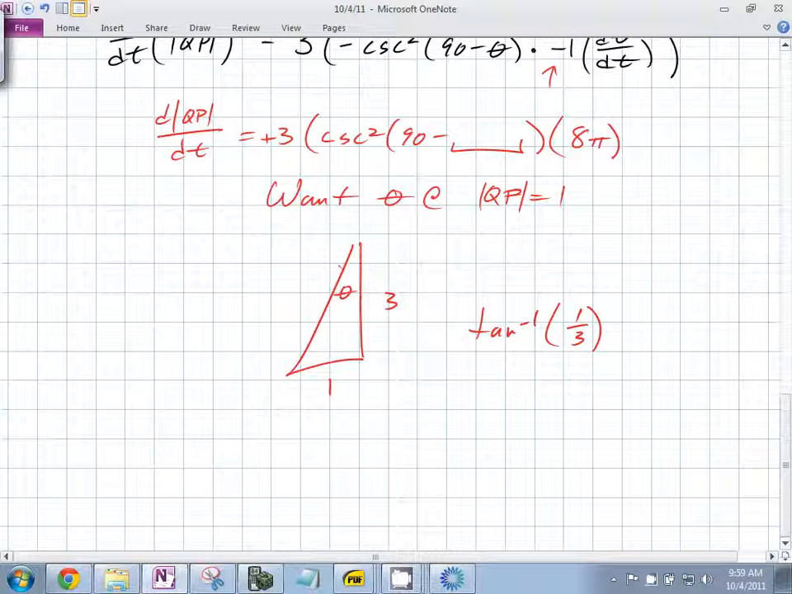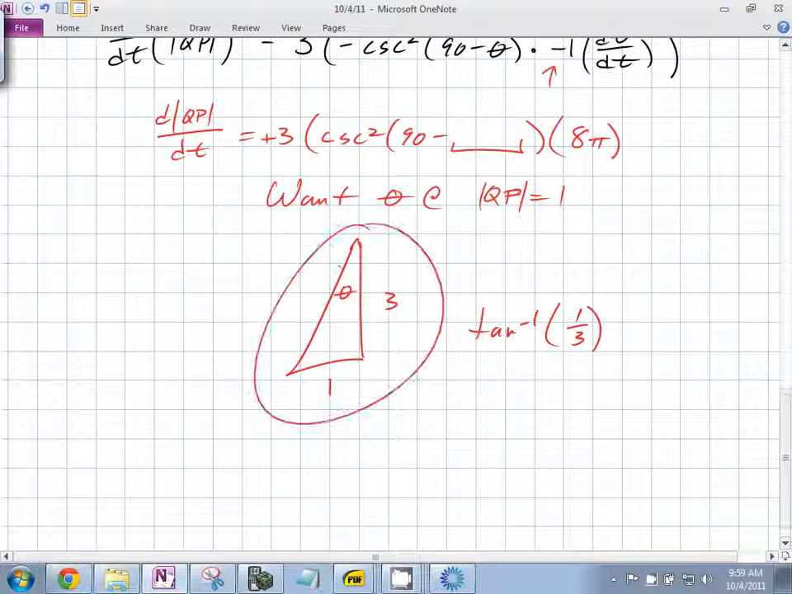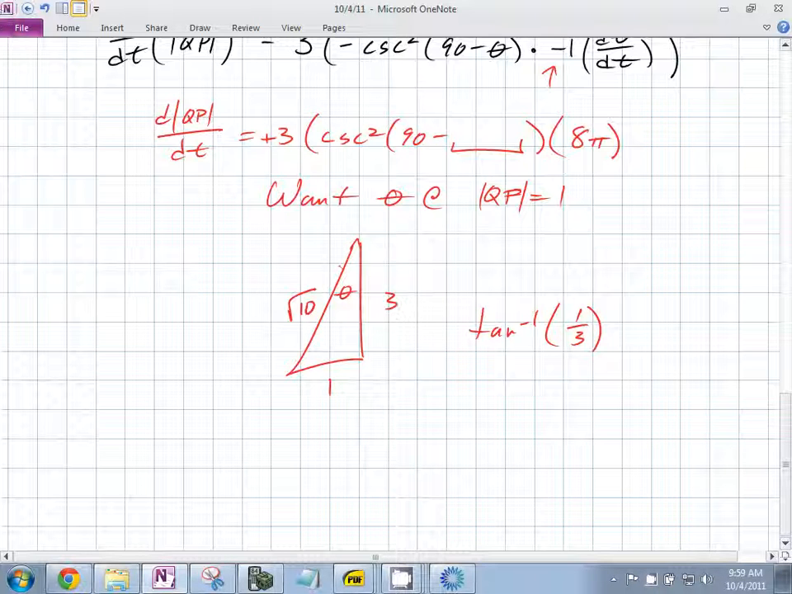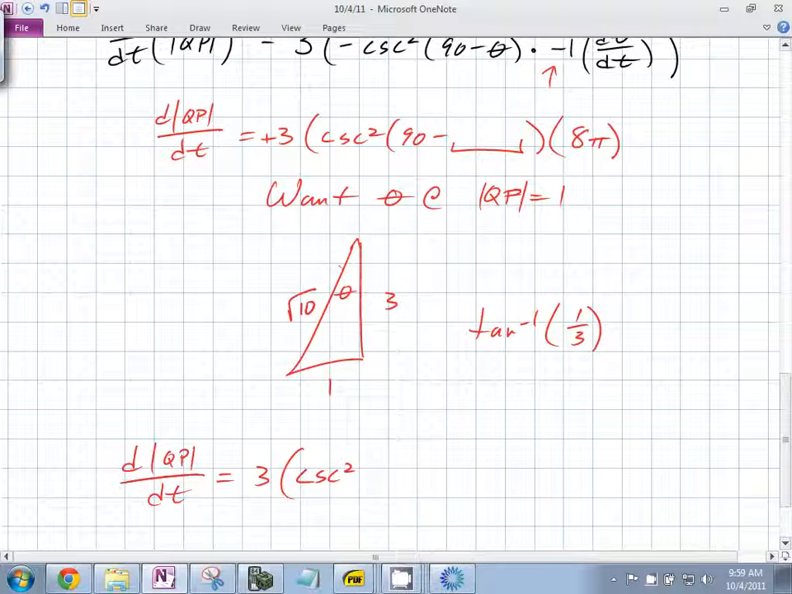Okay, so do we know, is tan inverse 1/3 something we know the answer to? No. Well, if it was, what's the length of the hypotenuse on this thing? Root of what? Root 10. If we made it 1, we'd have to divide everything by root 10. Does root 10 ever really pop out anywhere? No. So we know that dQP/dt is equal to 3 times cosecant squared of 90 minus tan inverse